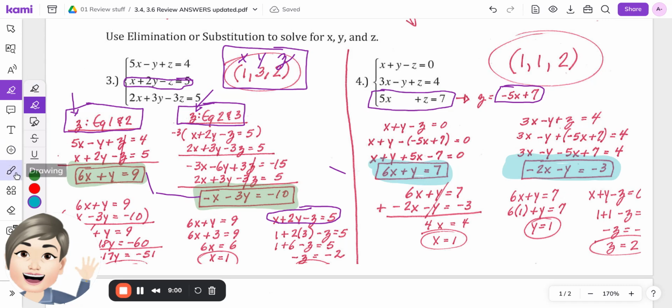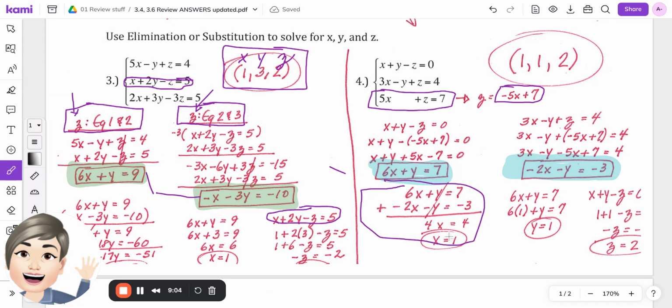And right over here, you're going to use an elimination. You either eliminate x or y. It doesn't really matter. It makes more sense to me to get rid of the y's. They're already a pair of opposites. Okay, solve for x. Once you get x, substitute back into one of these to get the y. Once you get the x and the y, substitute back into one of the equations in the original system and get the z. And you can tell at the end if you are correct or you're not correct because 1, 1, 2 should make this equation true,